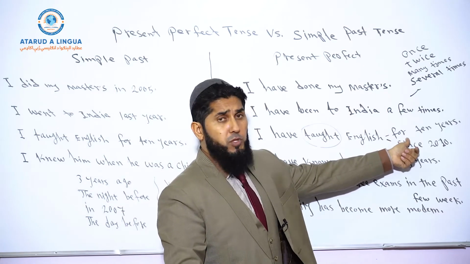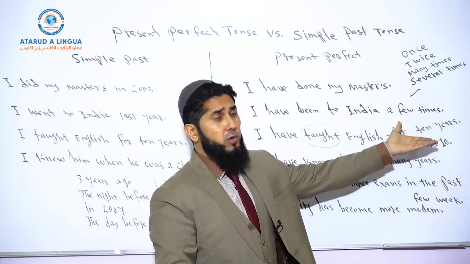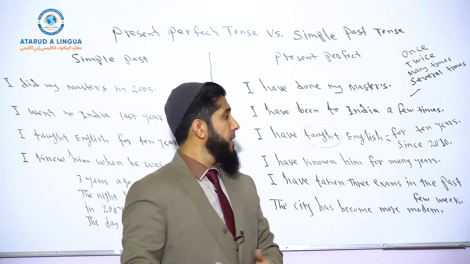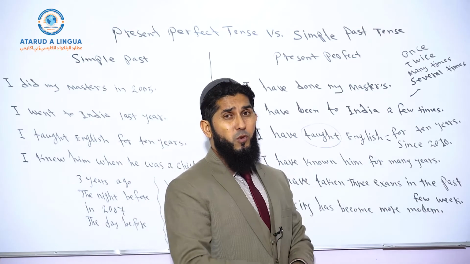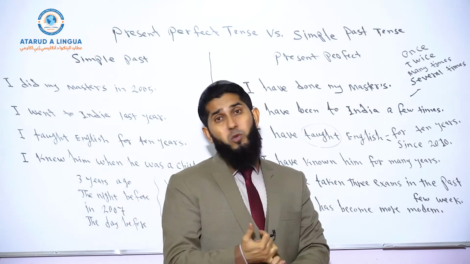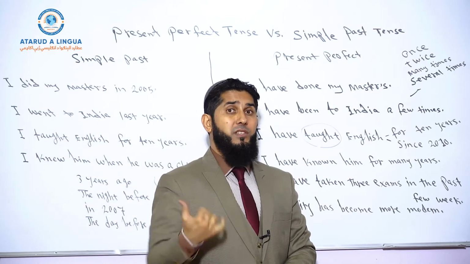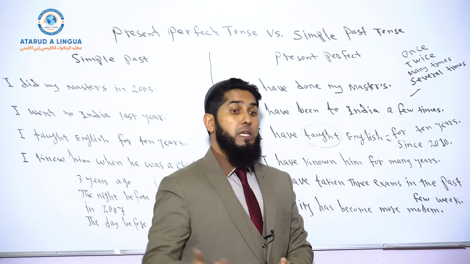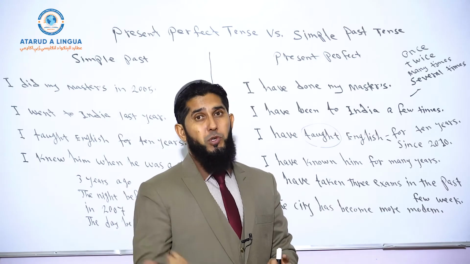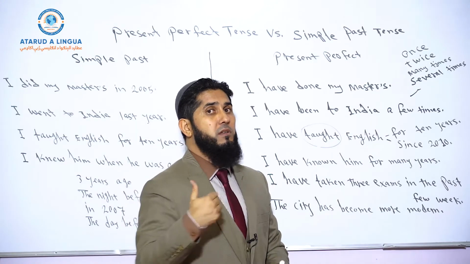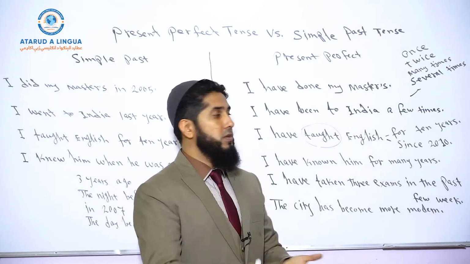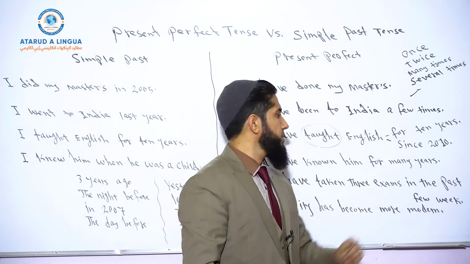Now, if you use the preposition for, then you can mention a sort of time duration: for 10 years, for many years, for several years, for a few years, for 3 years. Or if you mention since, then you mention the starting point of an action in the past, like since 2010, since 2001, since last January, since February. If it's a short duration, for example, since this morning, since 2 years ago, since a month ago, since an hour ago. These kinds of time expressions can be used after since.